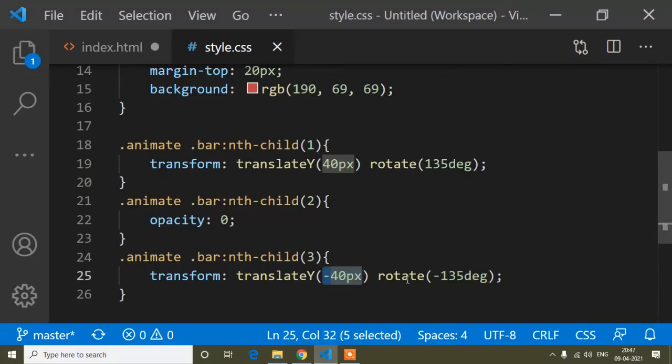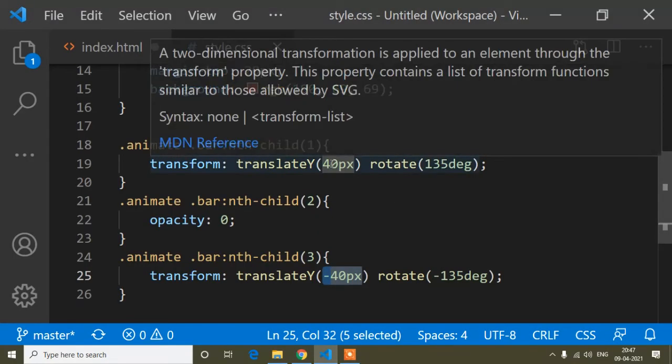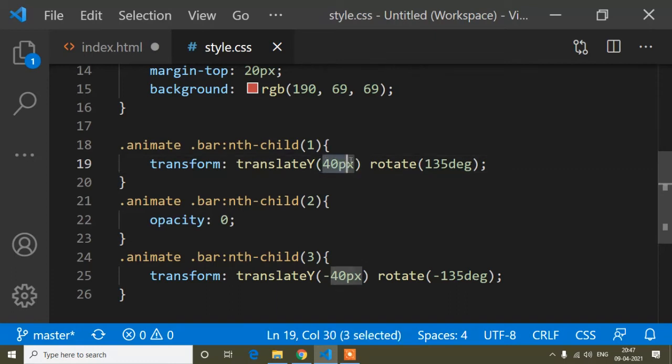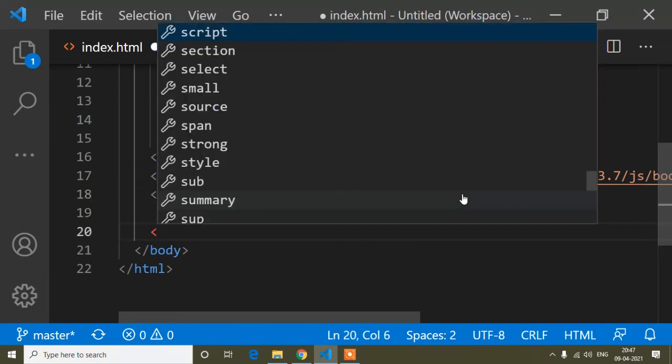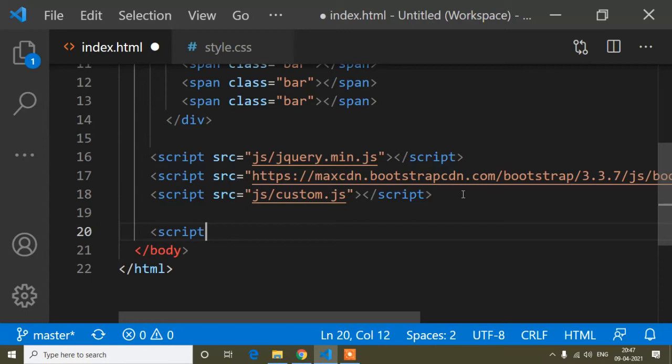So you can check this translate y and this rotate value with your inspect, and you can check that. I already did that, so I have written this. Okay, and now I will write the jQuery method for our clicking event.